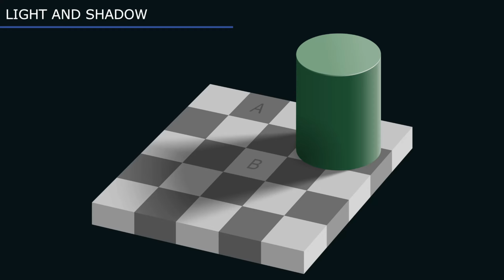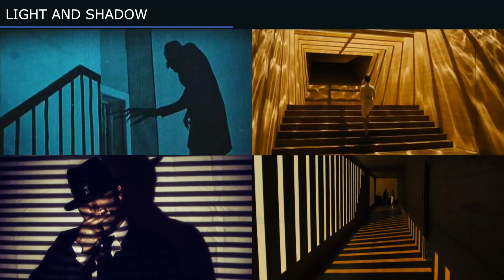Here square A and square B have equal brightness, but our brain tricks us into believing that A is darker than B. So we should always keep in mind how different colors look in different lighting conditions. Our instruments are not only light sources, but also shadows. Shadows as well help to tell a story, attract attention, or give additional detail to a simple environment.